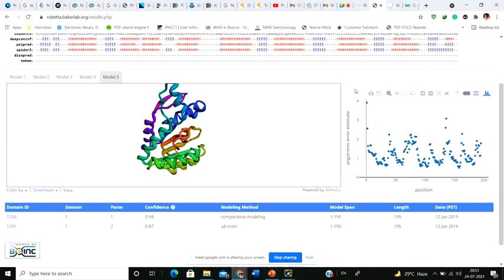It actually depends upon your intelligence to find out which is the best model, because at the end of the day it's your protein. So you have to analyze the protein, you have to analyze the structure, and see how the protein structure is standing and featuring, and then you have to give the protein structure like that.